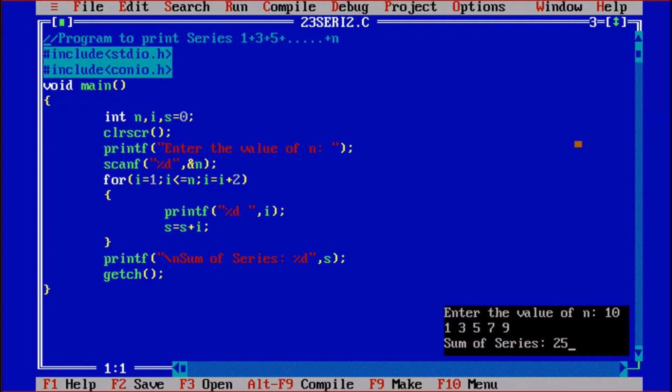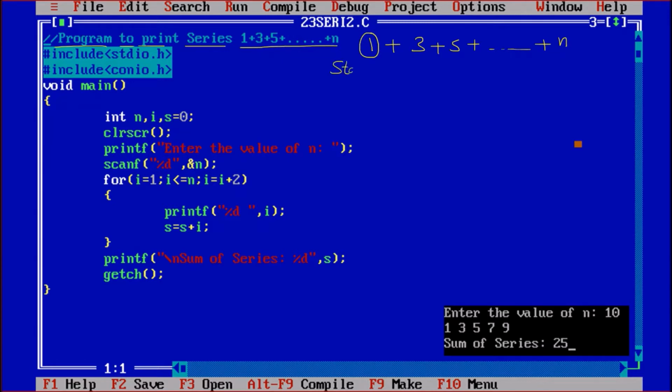Okay everyone, so now we are going to discuss the next program, and this is a program to print series. Now we are printing one more type of series, where it is 1 plus 3 plus 5 up to n. So if I take the series 1 plus 3 plus 5 plus up to n, that means we know that the starting value is 1.